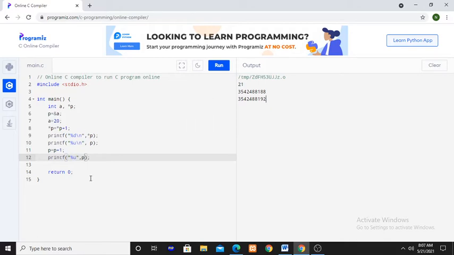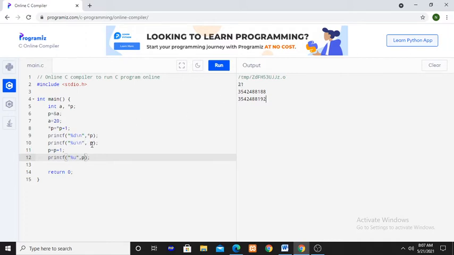So here totally 3 printf statements are there. In the first printf statement you are displaying the value of a, that means *p. In the next printf statement you are displaying the address p, and then the address is incremented, p equal to p plus 1, and then again you are displaying the address. First, what is the initial value of a? 20. Then *p equal to *p plus 1, *p refers to 20, it is incremented by 1, so 21 is displayed.